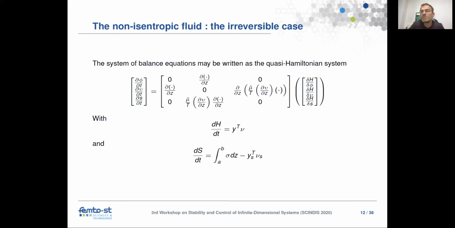Okay, so on this simple example, we can see that this new formulation allows us to cope with the first and second principle of thermodynamics, and allows us also to include in the balance equation a balance on the entropy and a link with the variational derivative of the energy with respect to the entropy, which is the temperature. So it's much more, I would say,